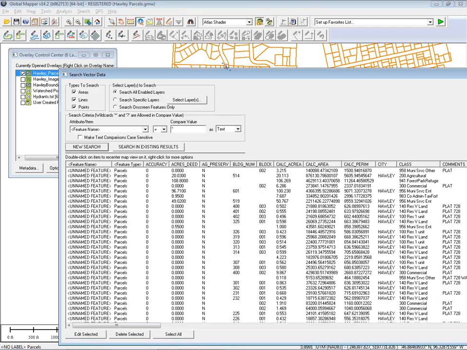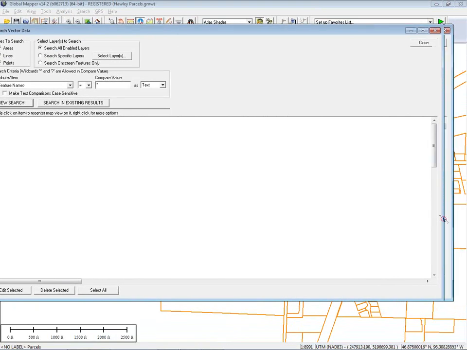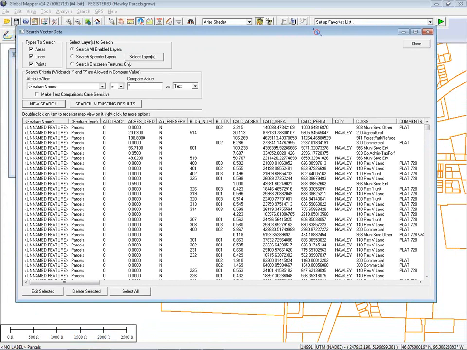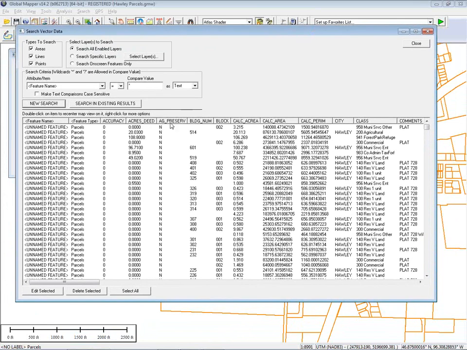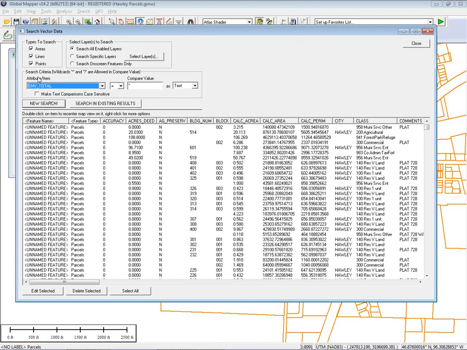I'm going to open my search dialog box, and the search dialog box gives me a preview of all of the attribution, all of the attribute fields for each of these records. And we can build a query or we can build a search to allow us to filter the data based on whatever criteria that we need. The first search I'm going to do is going to be based on the actual value of the property. So if I select, believe it's called EMV total, which is our total value, as my attribute to search,